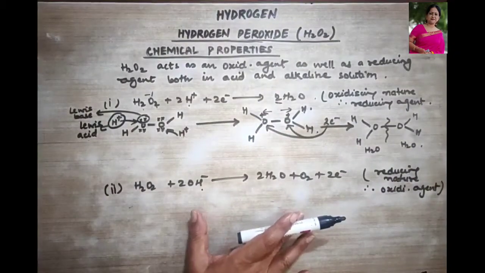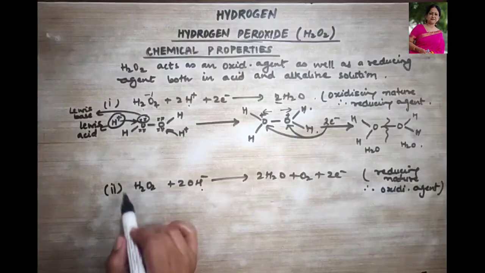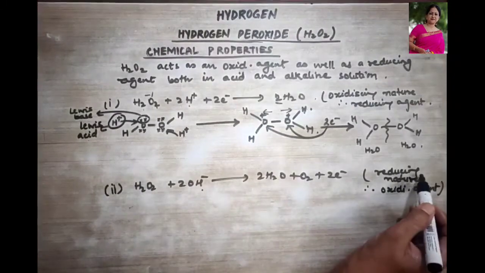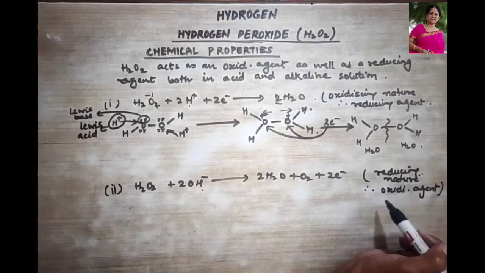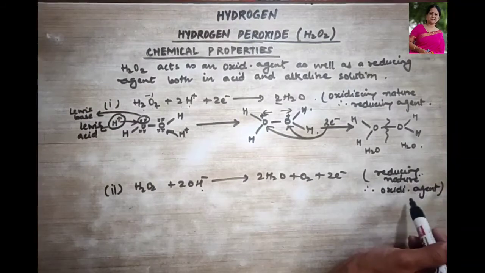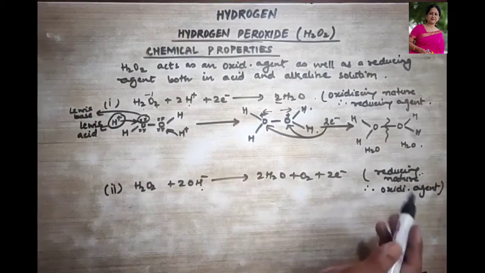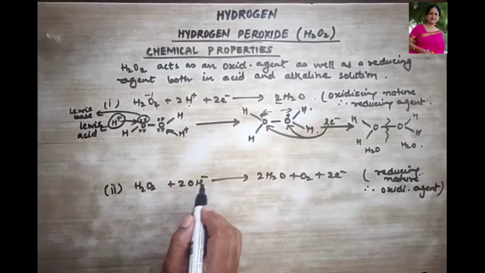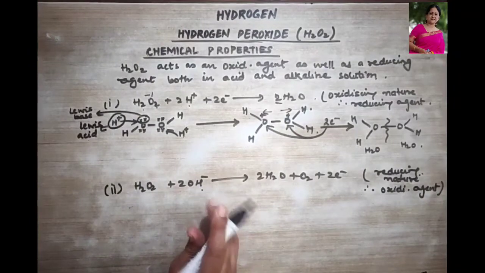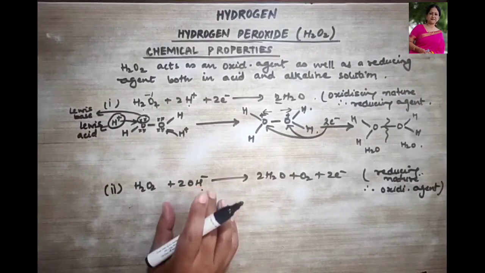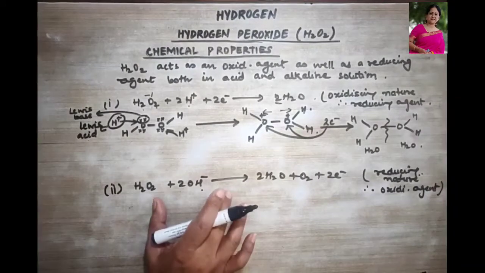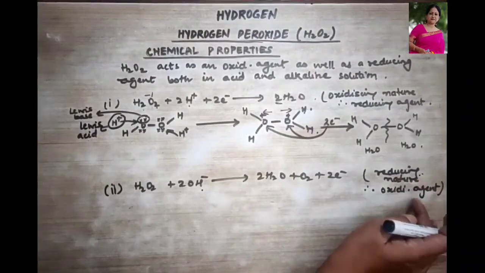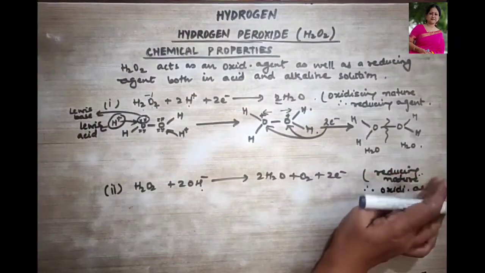Now let us talk about this reaction where hydrogen peroxide gets reduced, or it shows its reducing nature. In other words, if it shows reducing nature, then it is a good oxidizing agent, right? So reducing nature is shown when? In the basic medium. Always remember, in the basic medium. So over here reducing property will be dominant, and it acts as a good oxidizing agent, or it gets reduced over here.